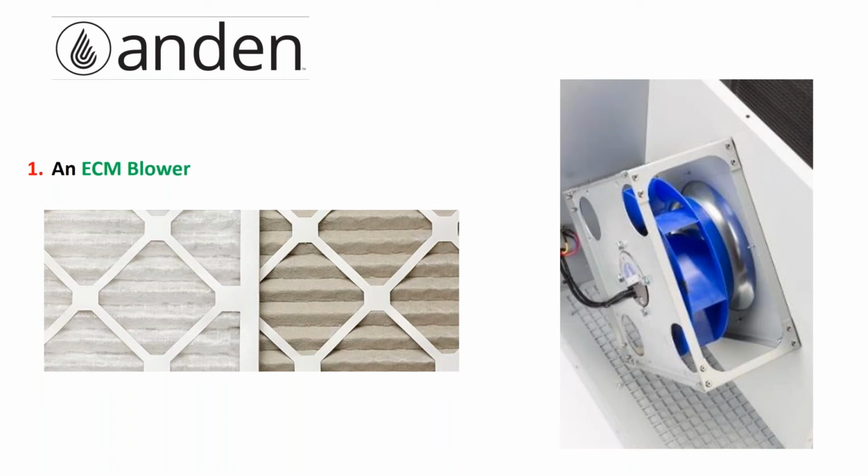So what an ECM blower allows you to do is, as your filter and your dehumidifier loads up with particulate, there's plenty of particulate floating around these rooms, no matter how clean you have them. The plants themselves are shedding particulate, okay? As that filter loads up and becomes harder and harder for air to move through, every other dehumidifier on the market's capacity drops. It drops because their blower cannot compensate and continue to move as much air across the coil as it did when that air filter was clean and brand new.